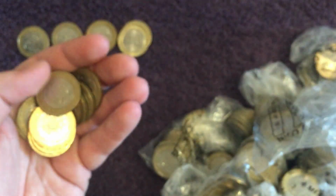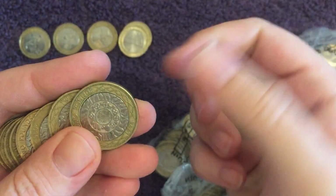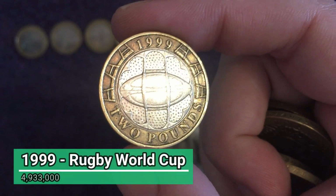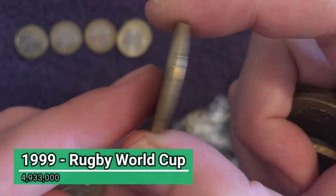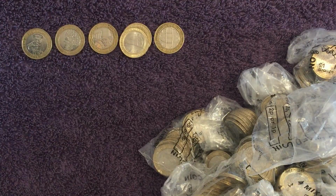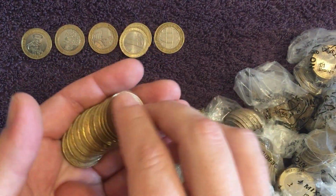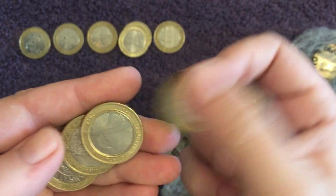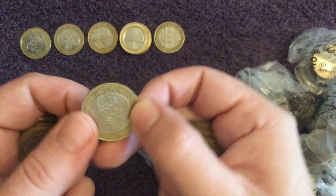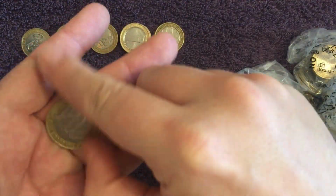Yeah, latest news on the Facebook rumour mill is that apparently there wasn't actually any £2 struck for circulation last year, and that figure, 1999 Rugby World Cup there, that figure that was published is apparently for some old coins from the long store being released into circulation rather than coins being minted. So it's looking like we might not have a new £2 coin on the horizon like we thought, which is a massive shame. There's another Army Centenary and a Charles Dickens as well, but who really knows? We shall see, I guess,